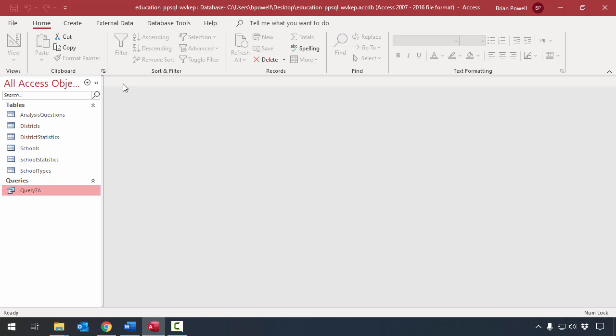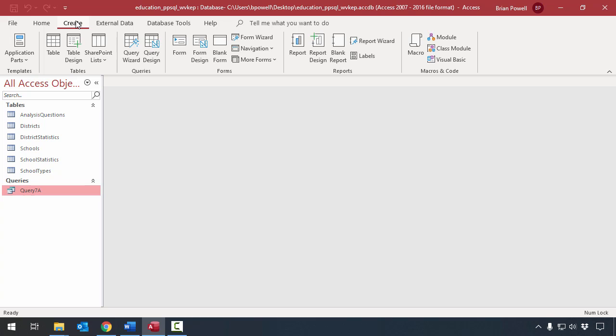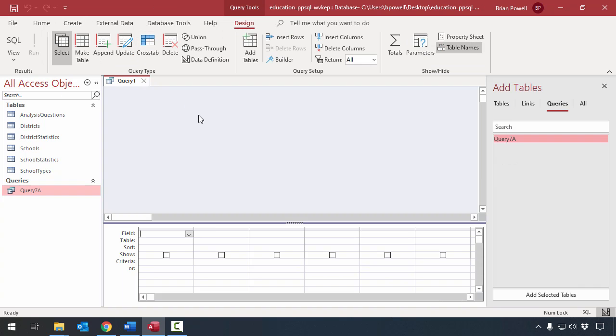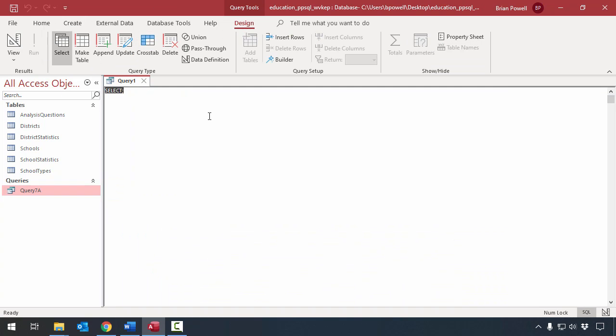So we want a listing where each unique grade served only appears once. Let's go ahead and create a query for this. We're going to go to the Create ribbon. We'll go back to Query Design and head over to SQL View. This query is going to be almost the same as 7a. We're going to have SELECT school statistics.grades served FROM school statistics,